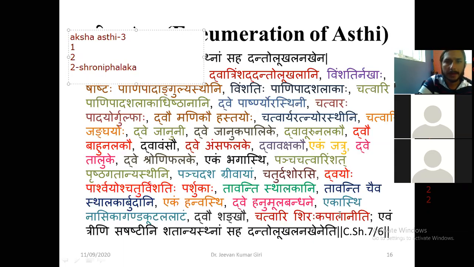Sroni Falaka. So that is the 2. Ekam Bhagasti. So just write Bhaga. Bhaga Asthi. Just write, you can write Bhagasti. That is the Ekam. In the Bhaga region, only one Asthi is there. So in Bhaga, ek, one. Then